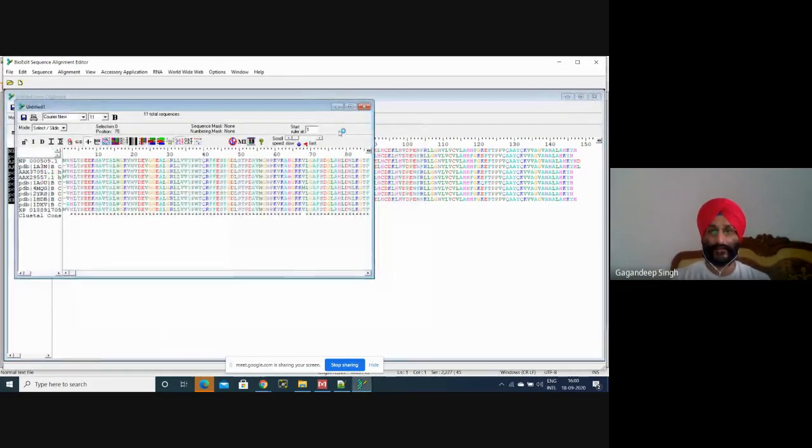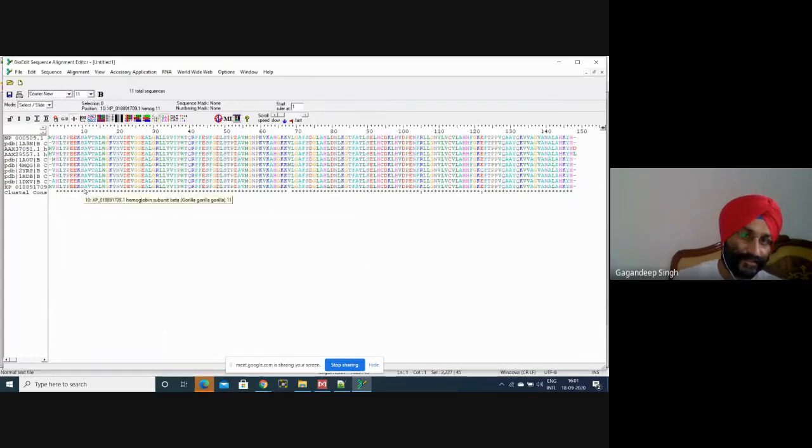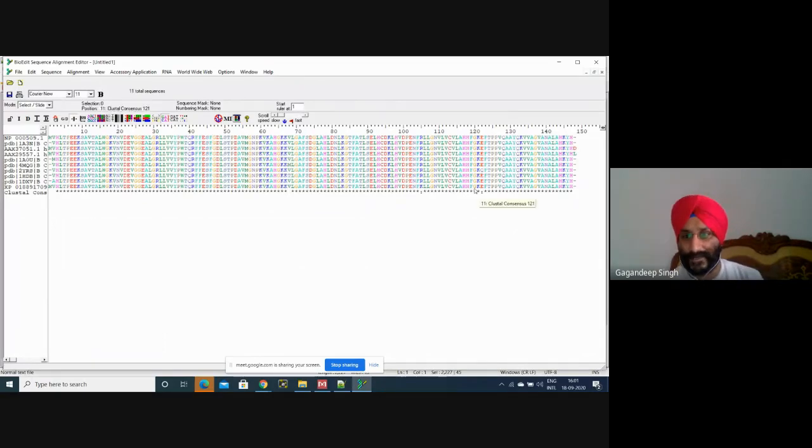This is the result of our related sequences. Now see, where sequences are similar, there is a star. Here 1, 2, 3, 4, 5, the fifth sequence is not similar. In the seventh there is nothing. Means the sequences which are similar we can easily see, and here there is one sequence which is not similar, there is nothing, meaning there is a gap. But sometimes there is a double dot, sometimes there is nothing.